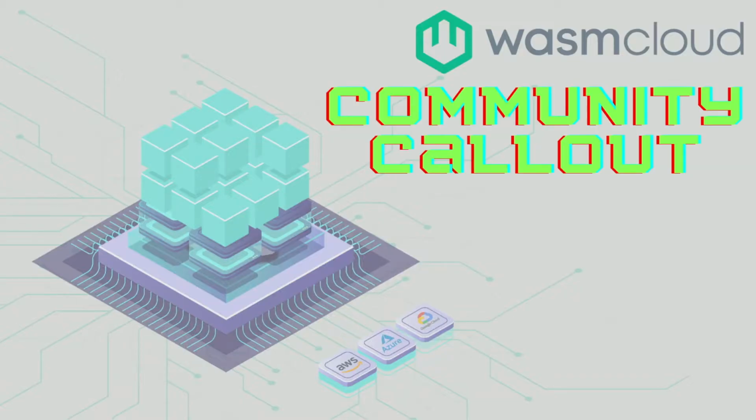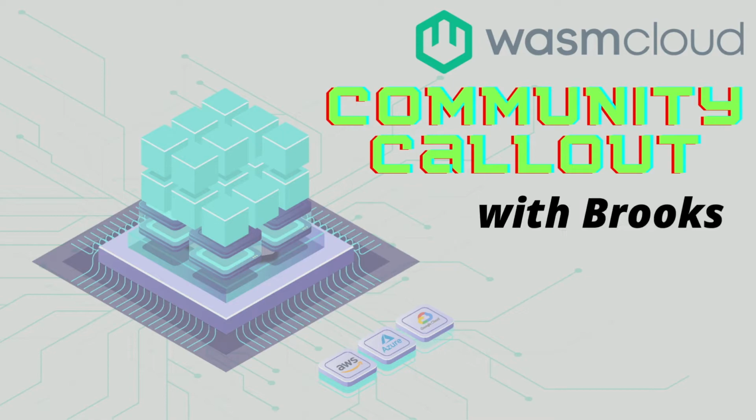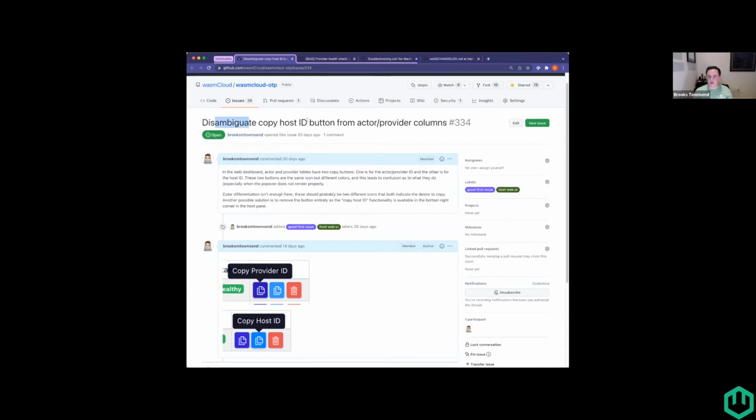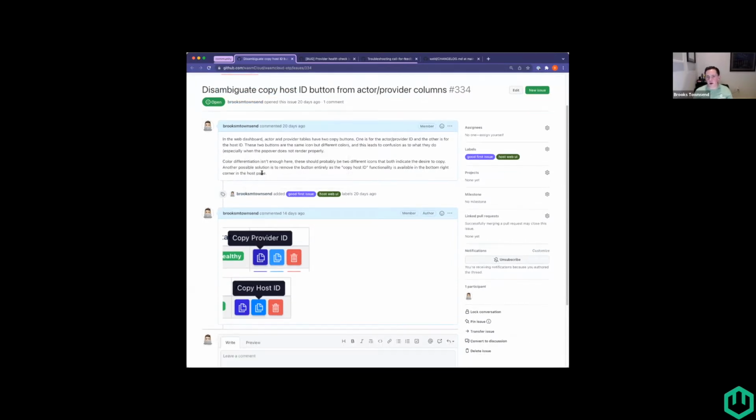All right. So, yeah, starting with the community call out today, we've got three issues for you. Two of them are in the WasmCloud OTP repo. So, great way to get involved if you want to start looking at Elixir or OTP or Phoenix. The first one is this disambiguate copy host ID button from actor provider columns. When you go into the washboard, which I probably should have launched one for this, but I have screenshots, so